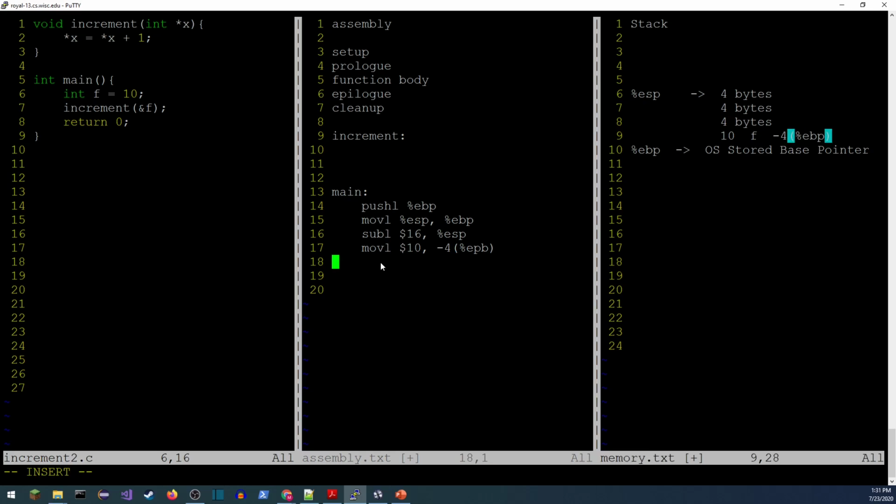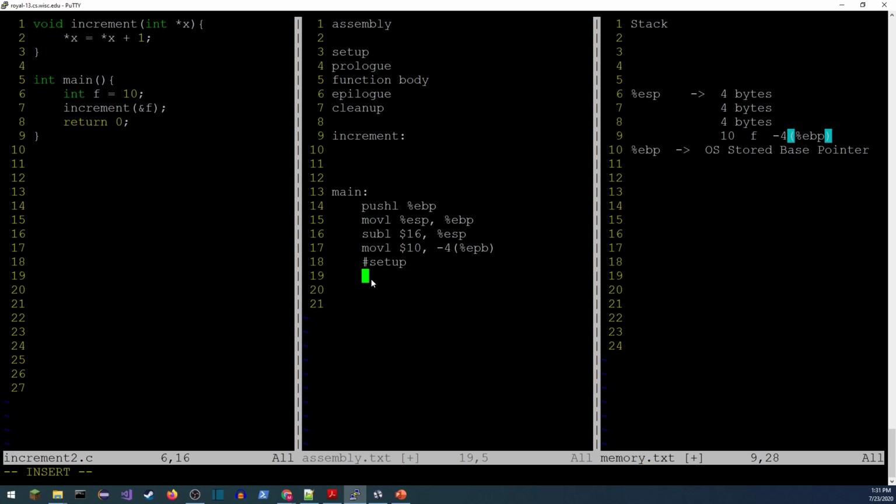All right, after we've done that, we're just going to call the increment function. So this is going to get ready for the increment and need to prepare this parameter right here. So to start us off, this is going to be the setup phase. The parameter that gets passed is actually a memory address. So it's the address of this piece right here. So to set that up, how am I going to do that? I need to push this on the stack. That means I need to have it in a register. So I need the memory address to be stored in a register.